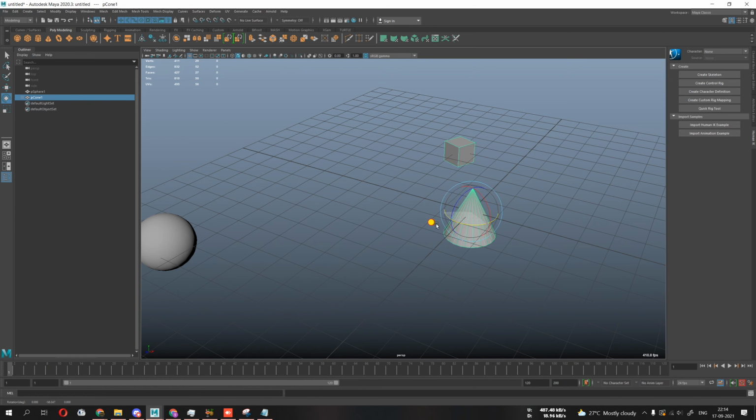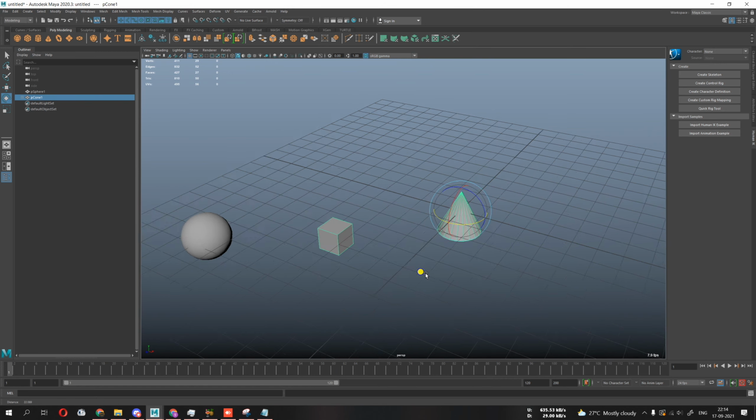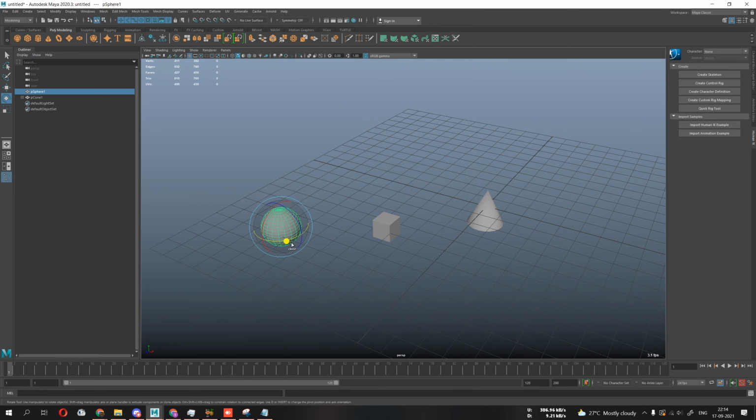It's simple. If I rotate the parent, the child will rotate, but if I rotate the child, nothing happens to the parent. So this is normal child parenting. Again, I select this child and make it rotate, so both are children of this cone. In normal parenting you can have multiple children but only one parent, but in constraint you can have it both ways, multiple parents and multiple children.